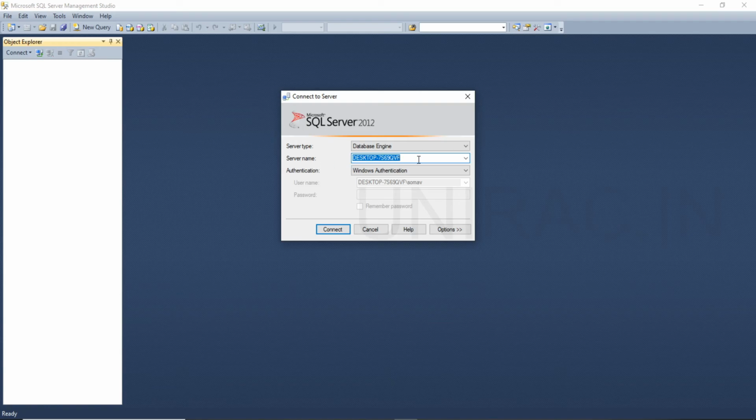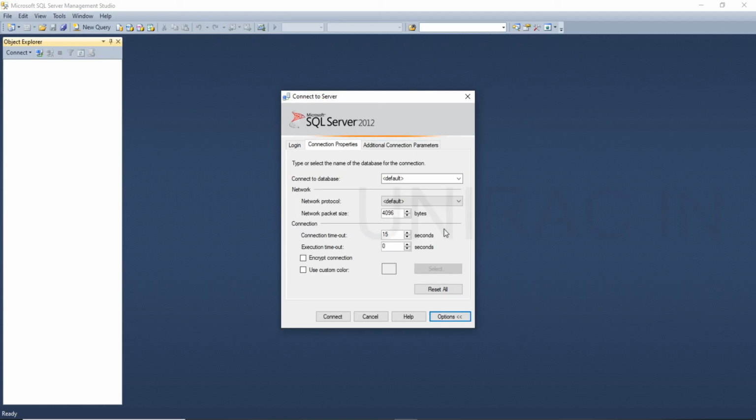You can see the server name which you want to connect. You can see the list of servers in case you want to connect to it. The server name is desktop, and you want to login with SQL Server or Windows Authentication. Choose the one which you want to connect with. If you choose Windows Authentication, by default it takes the username with which we logged in to Windows.